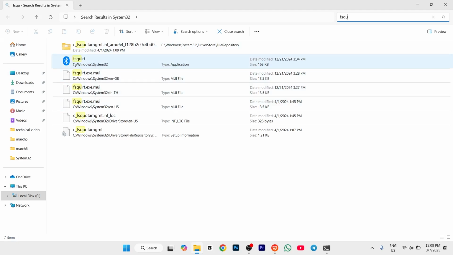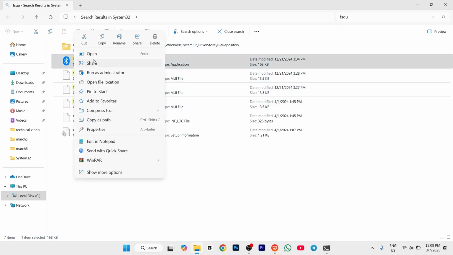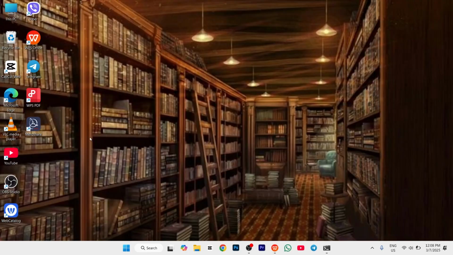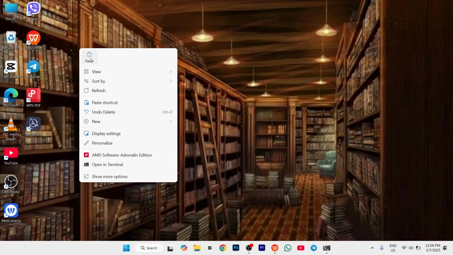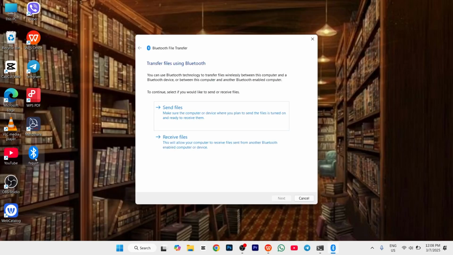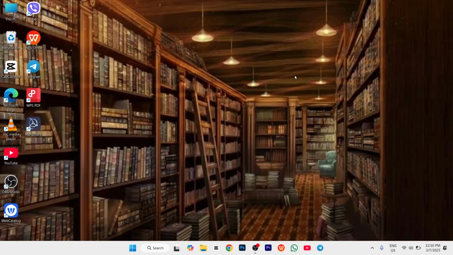You have to right click on it and tap on copy. And after that go back to your desktop page and right click on it and tap on paste. Then you'll be able to see the Bluetooth icon right here and do the right click. Then you'll be able to send files and receive files. And even after this, if you are still not able to fix your problem,